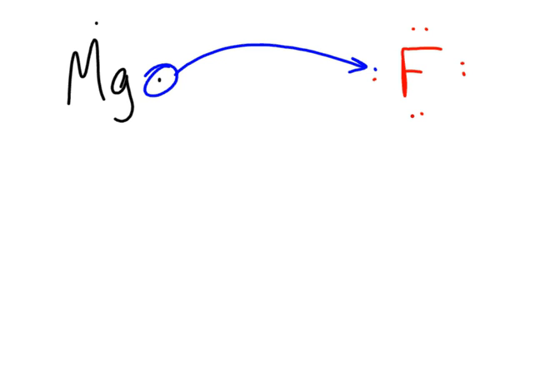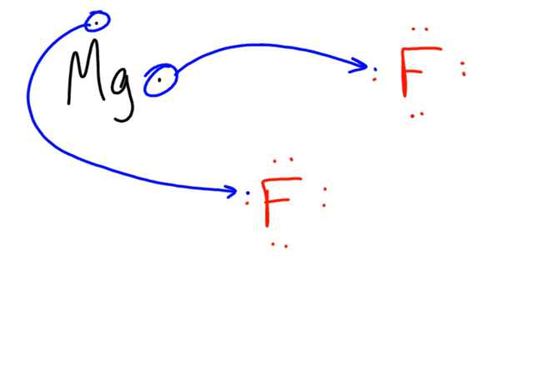It'll turn fluorine into fluoride, which is awesome for fluorine anyways. Magnesium is still in the same boat. It only has one extra electron now, so it's really wanting to get rid of this other electron so it can have its outer shell filled. Well, as it turns out, that means if fluorine's already happy, it needs another fluorine or some other atom in order to give up its electron,